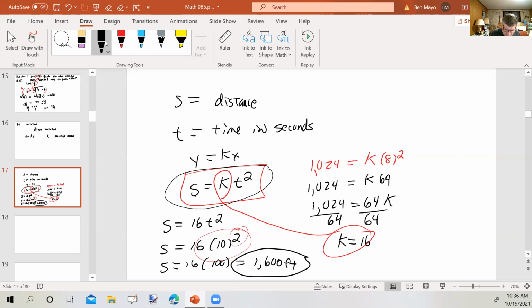All right, so that's direct variation. In direct variation, as one of the variables increases, the other increases. As one of the variables decreases, the other decreases. So they go up and down directly. Okay, now,